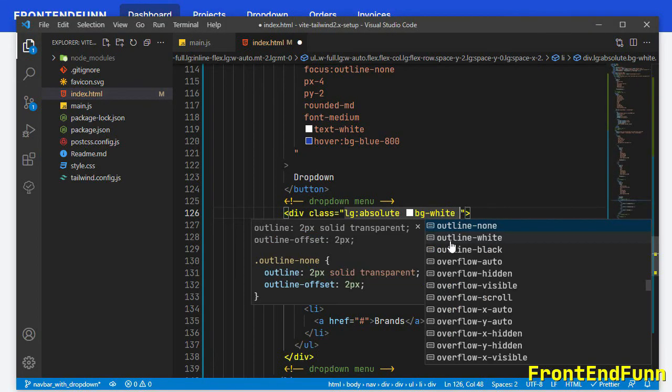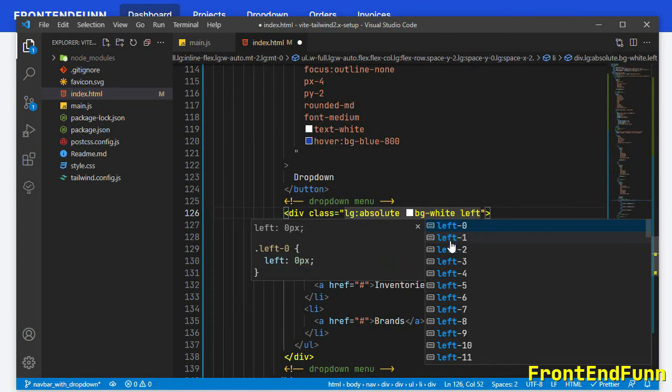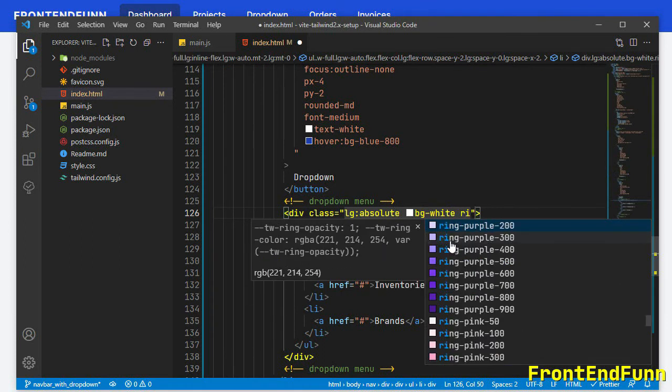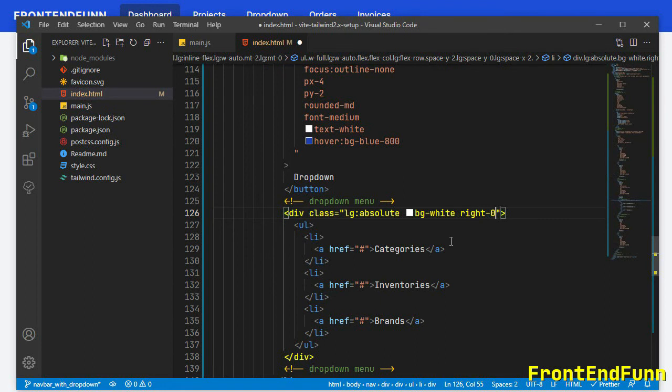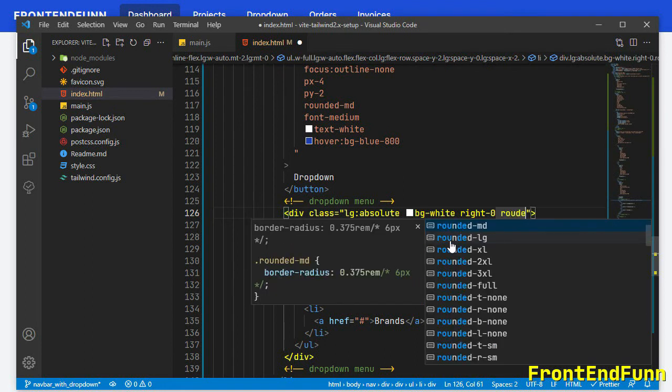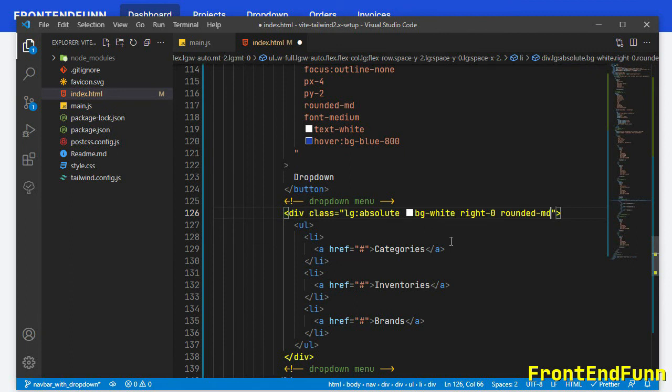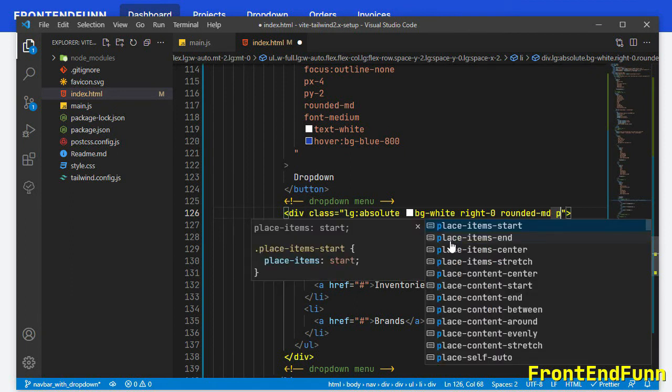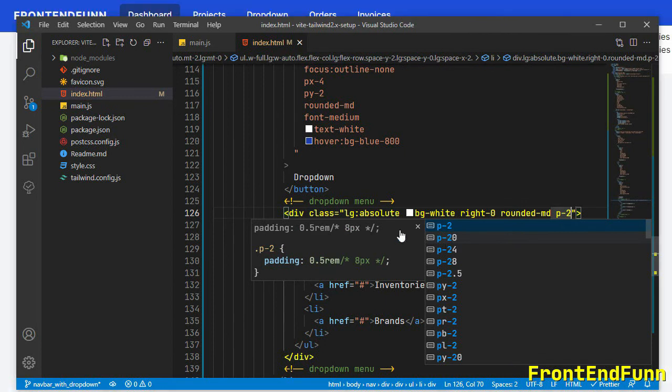And because it is positioned absolute, I want the right to be 0. Okay, next I'm going to add some rounded corners, so rounded-md, and let me give it a padding of p2.